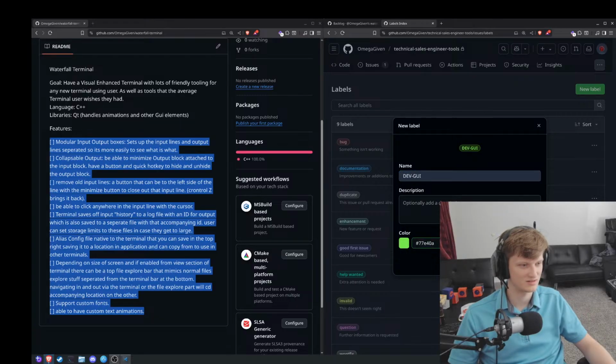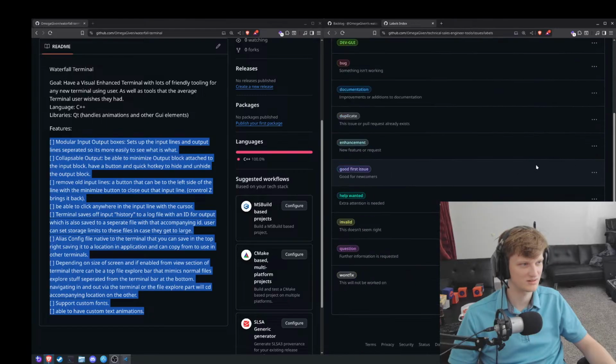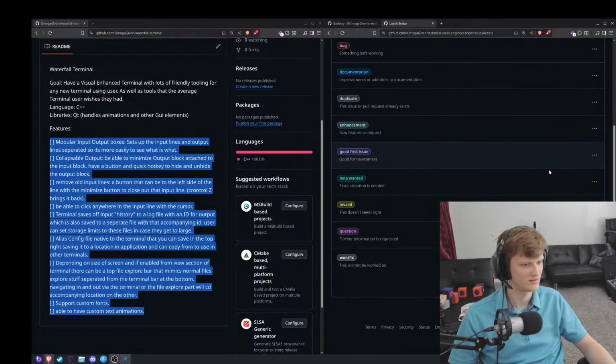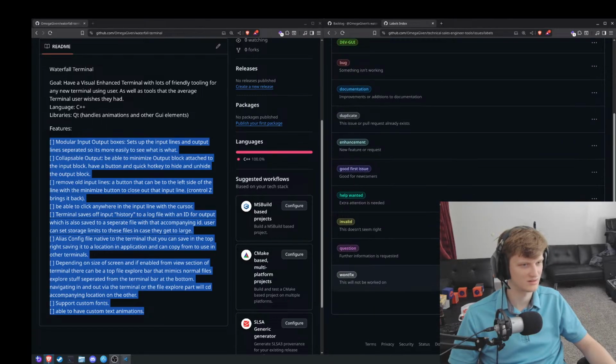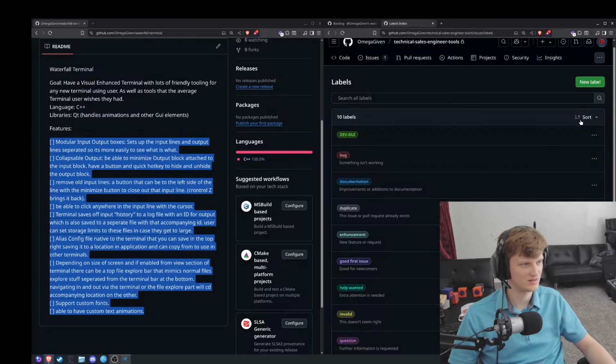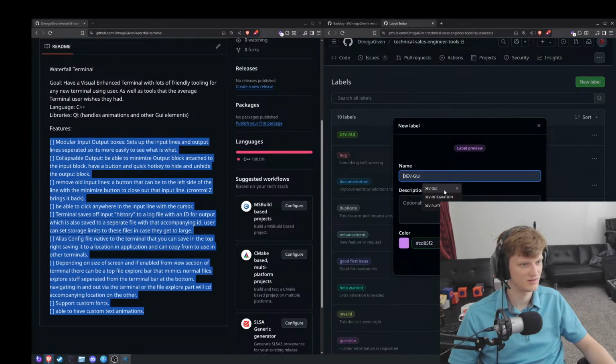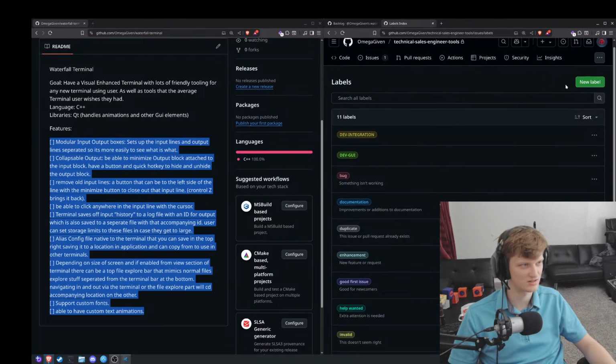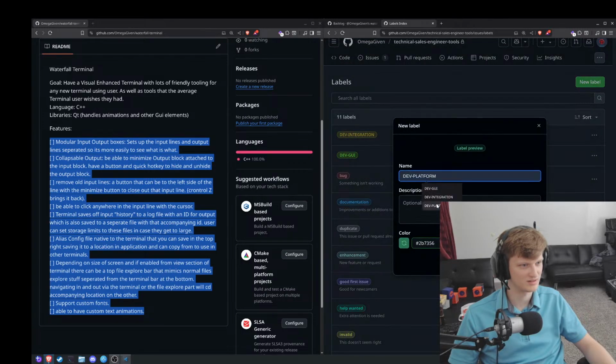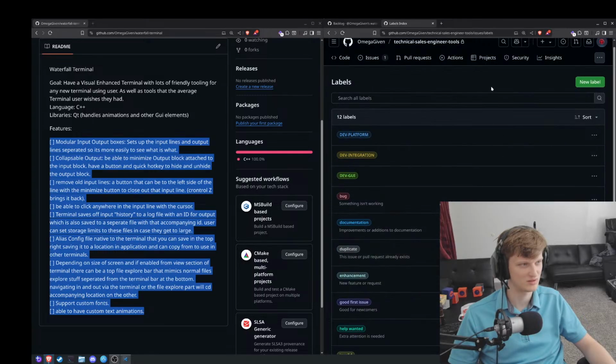Alright, well, I guess let's create them again. Dev integration, I like that being a pastel orange color. Then dev platform, we want that one to be a blue. All right, it works.